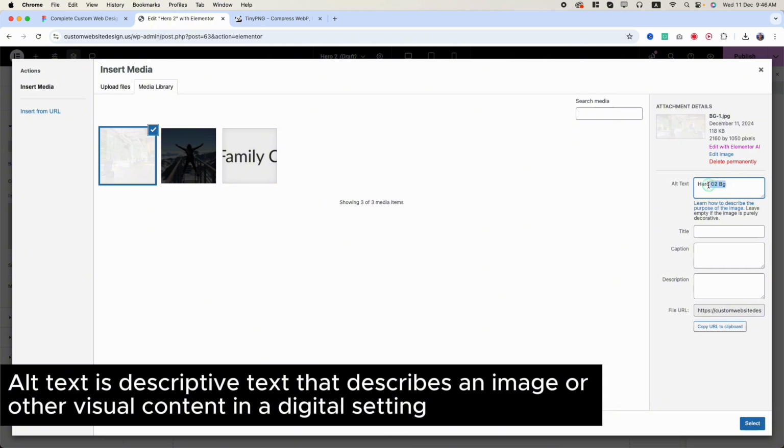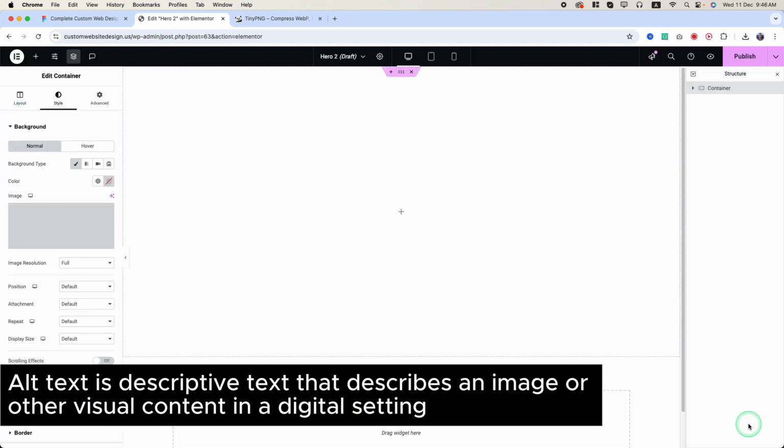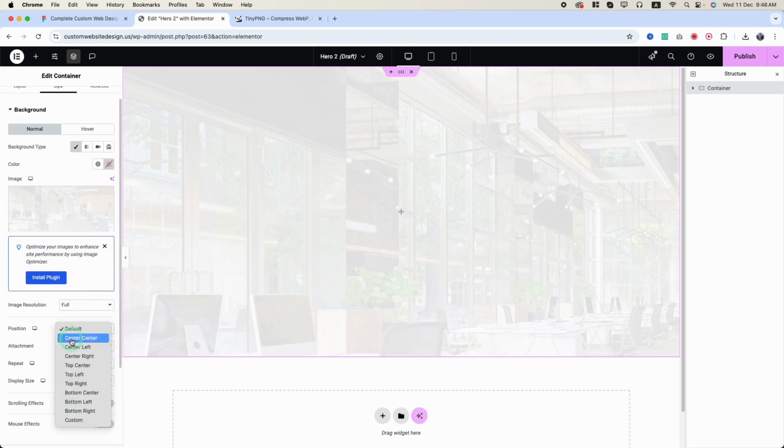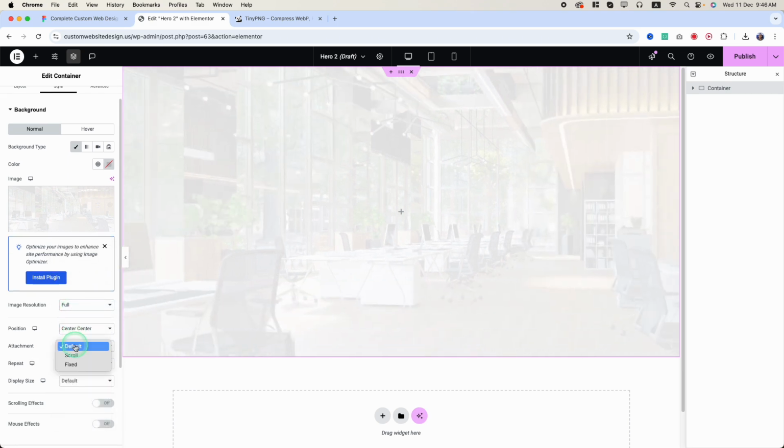Actually this alt text is used for SEO purposes, or if something happens and this image does not load, this alt text will show on the website. So I will click on select, and then let's change the setting. So image resolution will be full, position will be center, then attachment is default, repeat no repeat, display size cover